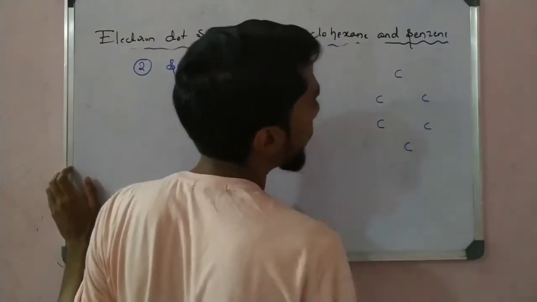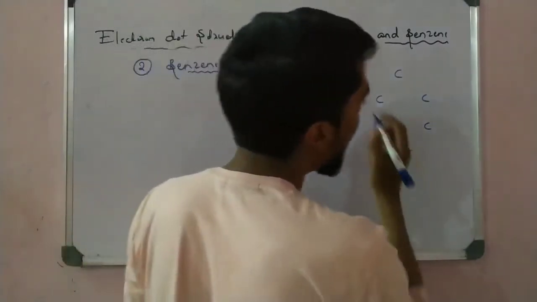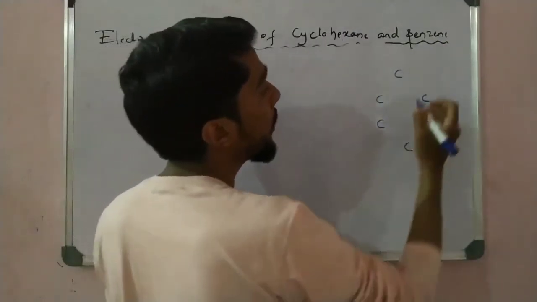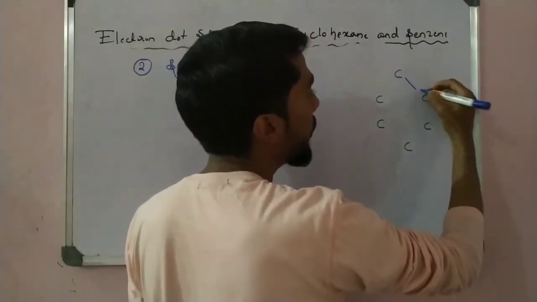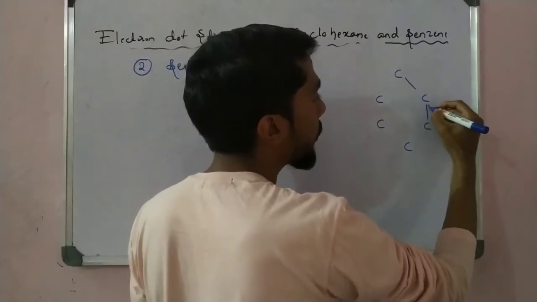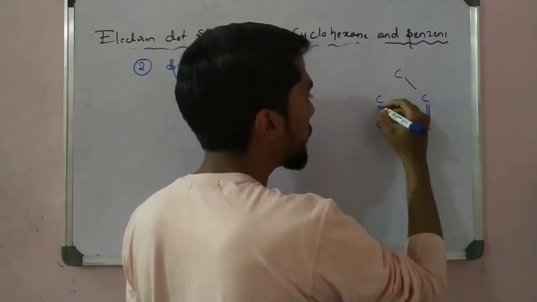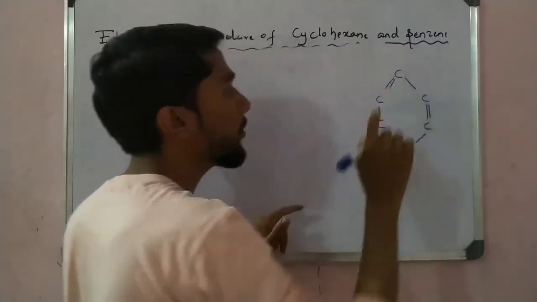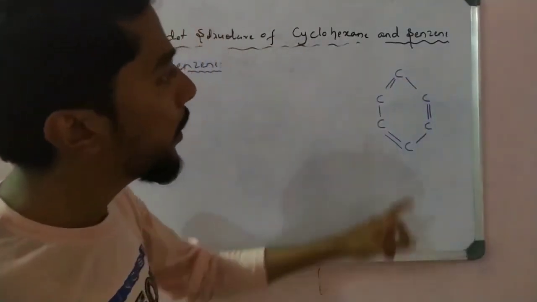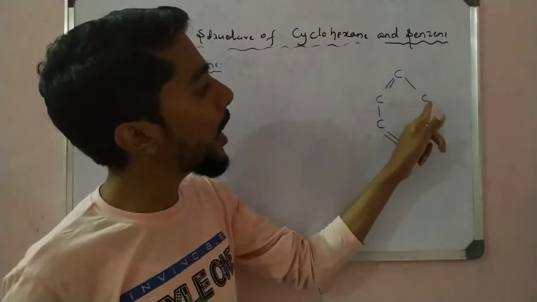Okay, like that arrangement, and it is an alternating bond here. The first 2 carbons have a single bond, and the second 2 carbons have a double bond. Single bond, double bond, single bond, double bond, single bond, double bond, like that arrangement. The bonding changes continuously.